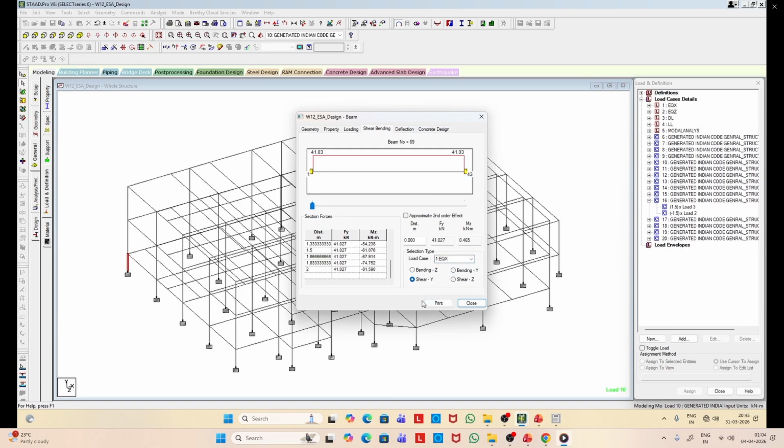You can identify the critical load case number from the output file and then select that to plot the response.